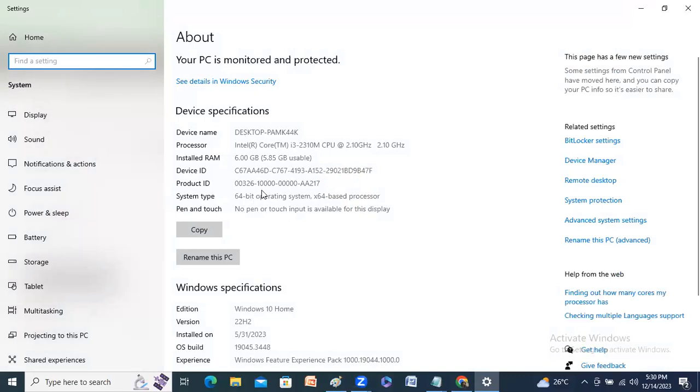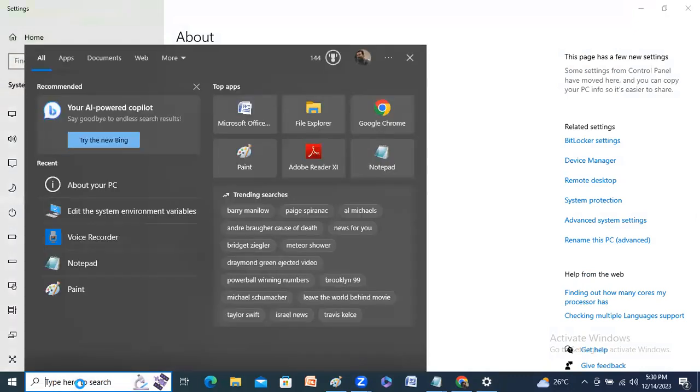Here it is visible on my screen, About, guys. Yes, sir. So this is the identification of the bit level, the operating bit level. This is the desktop information. For that purpose, we go to the search button and in that search button just type about.